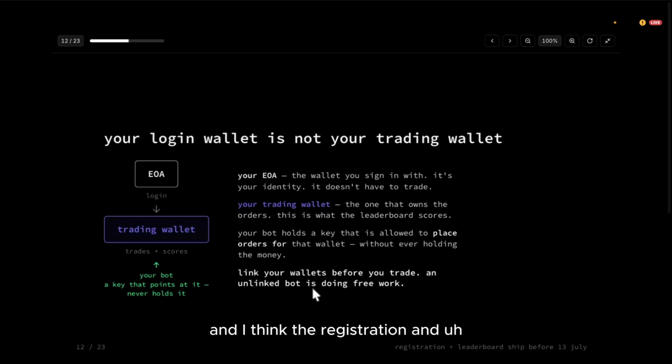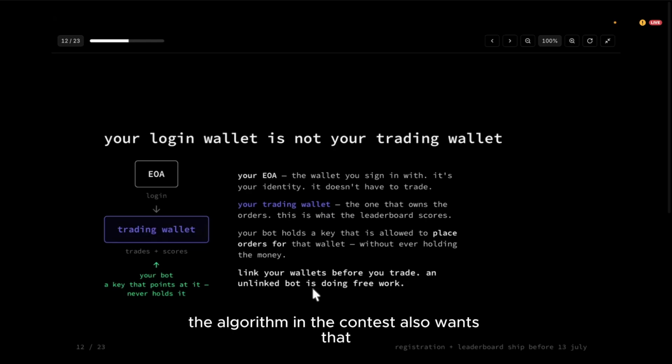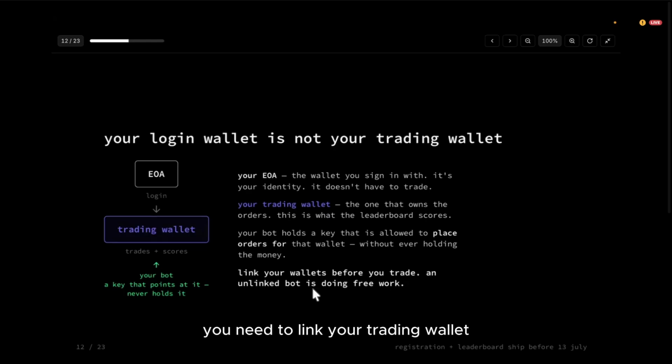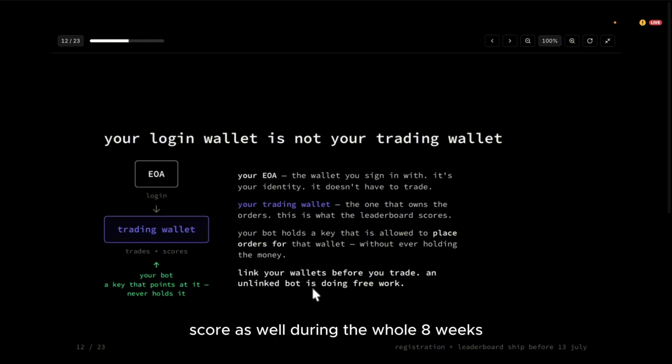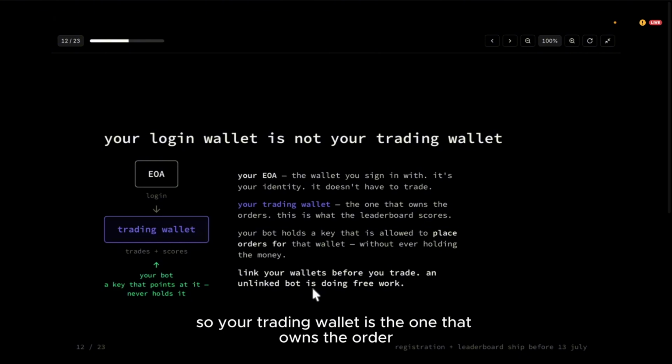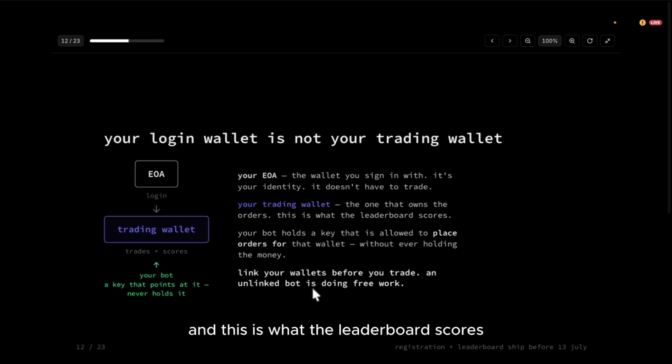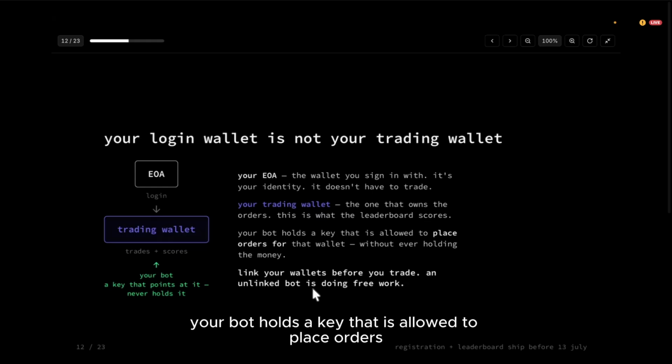The registration and leaderboard rules of this contest also require that you link your trading wallet. Your bot will use this wallet for all its transactions, and that's what will be counted for your leaderboard score during the whole 8 weeks. So your trading wallet is the one that owns the order, and this is what the leaderboard scores. Your bot holds a key that is allowed to place orders.